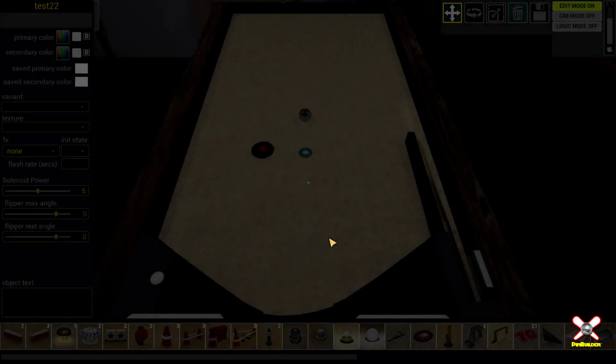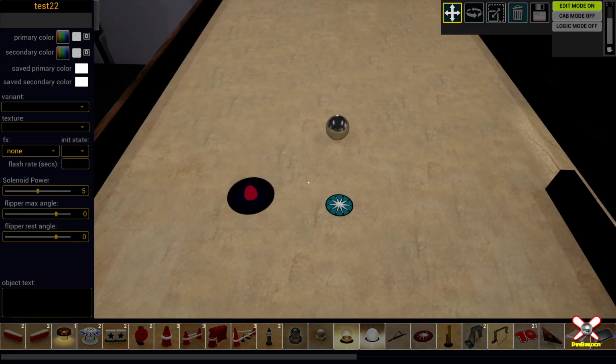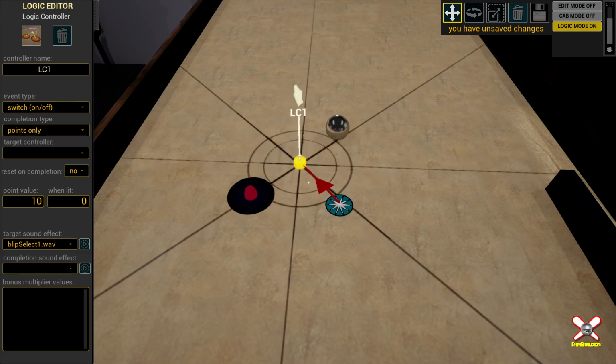Now, you're probably wondering, I thought you were going to tell us what's new because I've seen all this. Well, here we go. Are you ready? Let's add one more step, and then we'll show you the cool new option here. All right, so in order to get this thing to trigger something else, this logic controller, you select the controller,